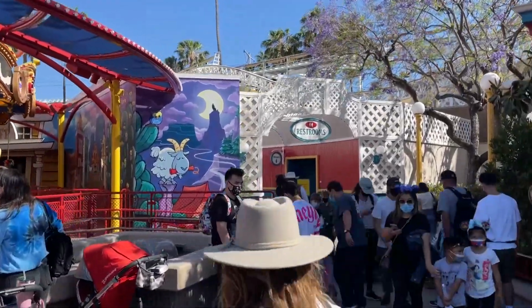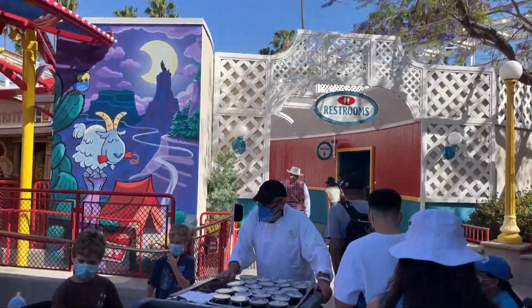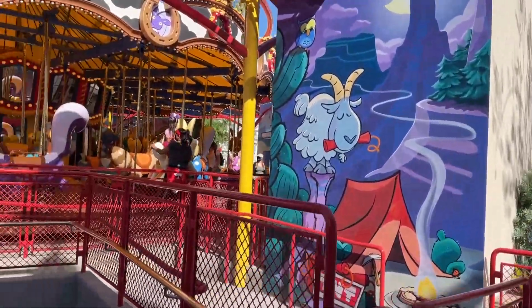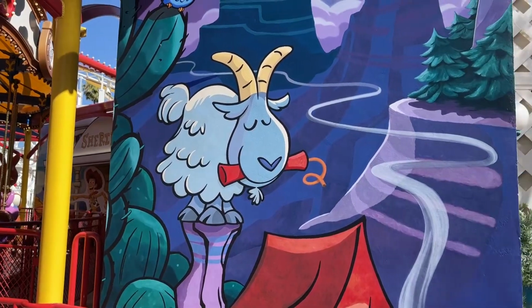Let's work our way over here. We'll go around the back passage. Do love that cross-park synergy though. Always got to come over here and give a shout out to the goat from Big Thunder Mountain, which over